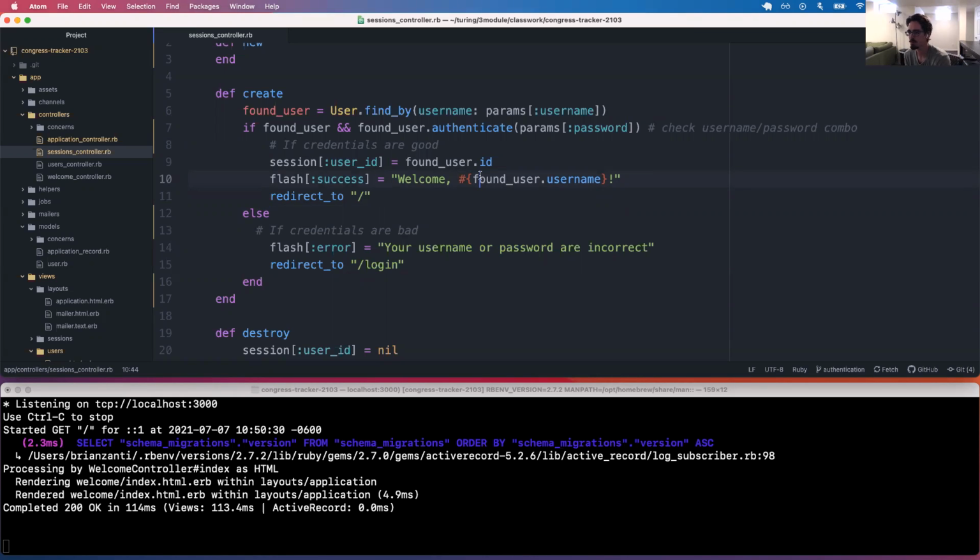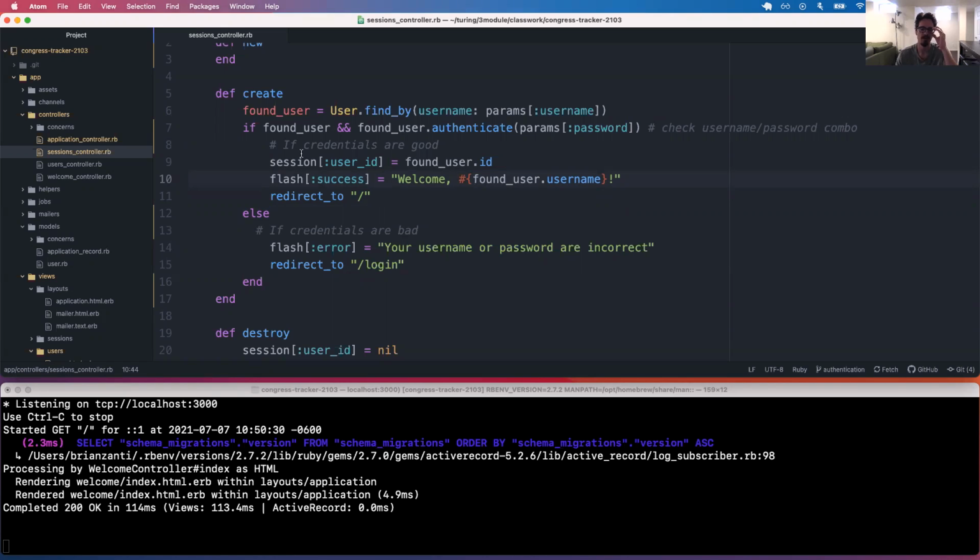Today we're going to be exploring cookies and sessions. What we did yesterday in class was we created this simple app that would allow someone to register as a user, log in and log out. But what we want to do now is dig a little bit deeper into how we're managing that